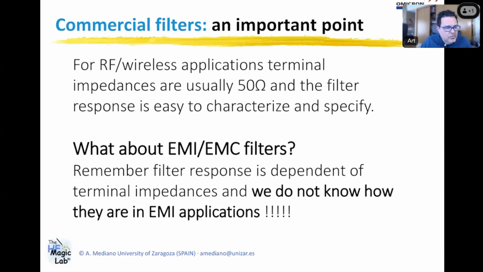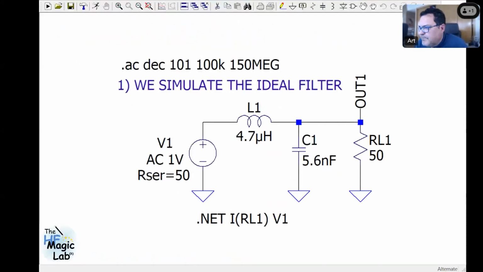To do this, I am going to work with LTSPICE. So let's consider that you have this filter. With this filter, I have one inductor and one capacitor, 4.7 microhenries, 5.7 nanofarads. We have a 50 ohm system. This is the way that many people design filters. Remember, in EMI and EMC, probably you don't have 50 ohms. No, I am sure that you don't have 50 ohms, because consider for example that the